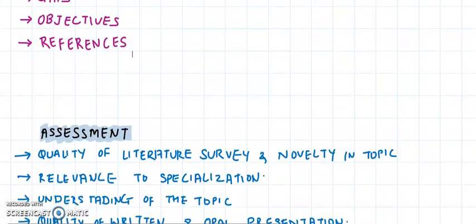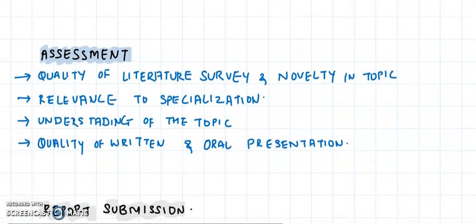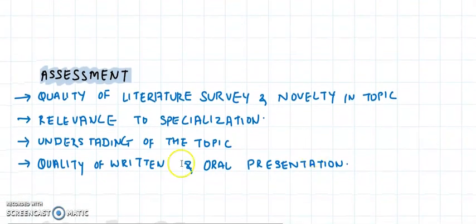Next, let's move on to the assessment, how you'll be assessed on this. The very first thing the examiners will try to look at is the quality of the literature survey and the novelty in the topic. So your topic has to be new. It should not be something that is repeated over time, for which there is very little or no scope for research. And for the quality of the literature survey, take very good papers. As I mentioned, IEEE transaction papers, which are of very good quality, to give you a great literature survey.